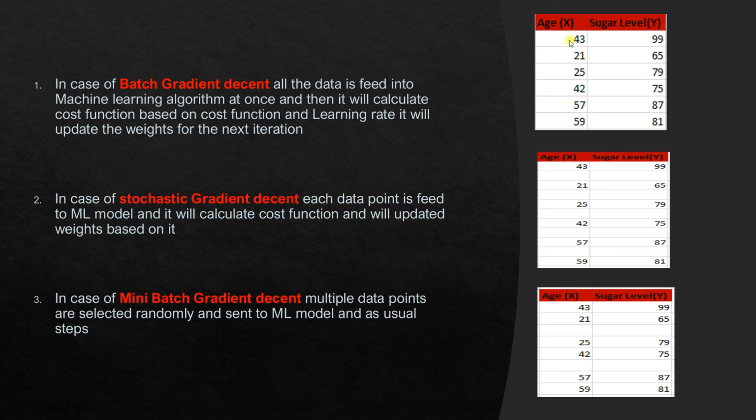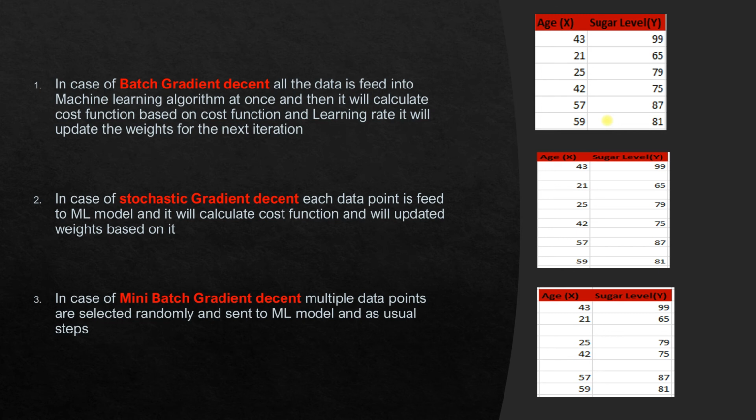Now, which one of these three would be the best? In my opinion, there is no best or worst. It totally depends on the size of your data and your use case. Let's say I have a data set of somewhere around 3 GB. If you have good RAM or a good GPU that can handle 3 GB of data, then fine, go for batch gradient descent. If not, then go for the others.